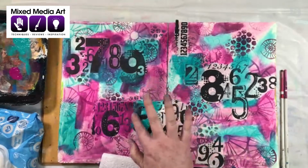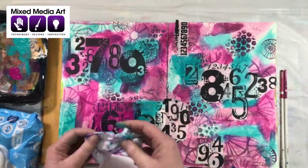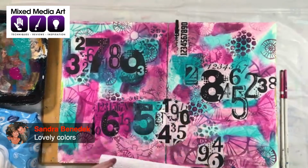So we just slowly work around. We're not getting too pedantic, because it's not our final layer. But we do want to just try and match it. And there's sort of no rhyme or reason to where the colour sits in the background either, so...